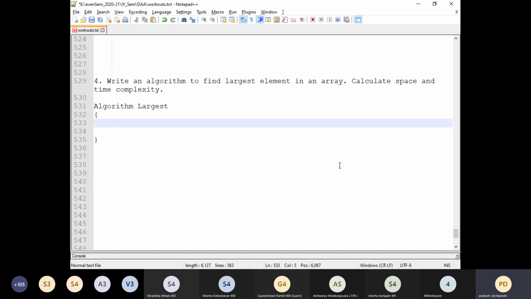Now we again require an array here. So we need to read the array and also the number of elements it can store. So I can write two statements: read n, then read array elements. Okay, then next, can you tell me the algorithm for how we need to find the largest of the array elements in a given array?